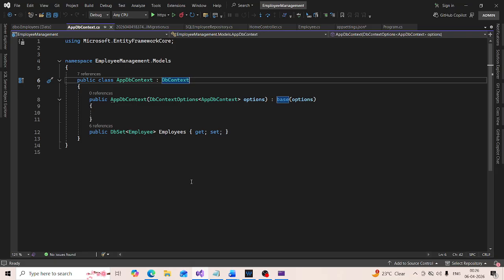Our application DB context class is this AppDbContext class. Notice when I type the keyword override